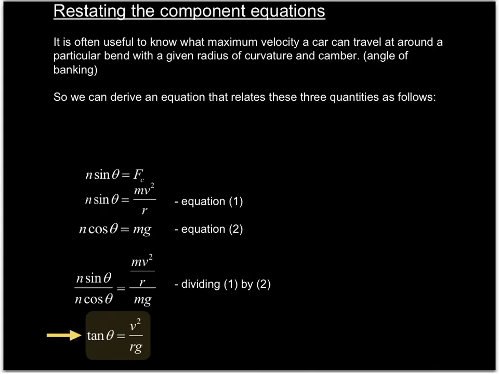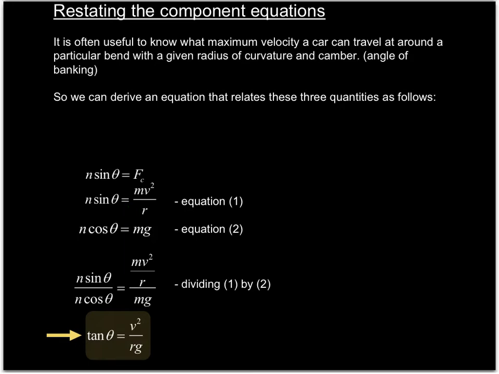Okay, so we can use those two component equations to derive an expression that is useful to find out the maximum velocity a car is able to travel around a particular bend of a given radius of curvature and camber, which is the word that means angle of banking. How? Well, we take the two component equations. There's the horizontal one, which we manipulate a little bit to bring in the mv squared upon r for the